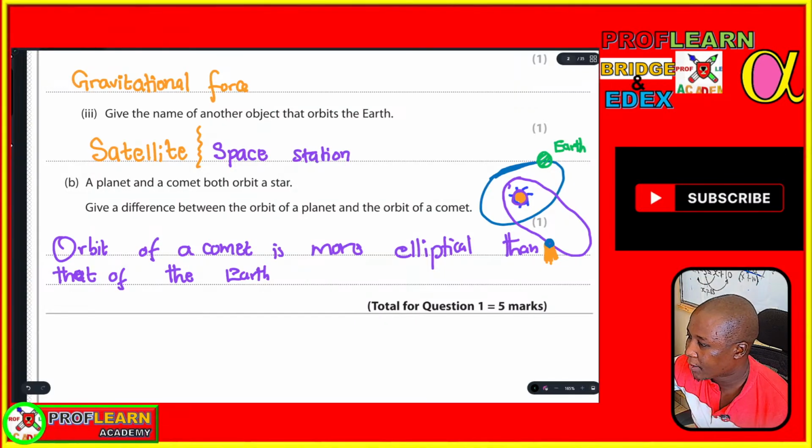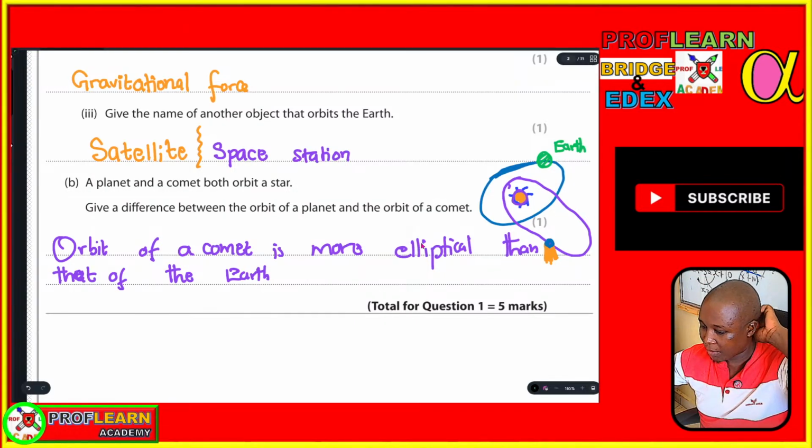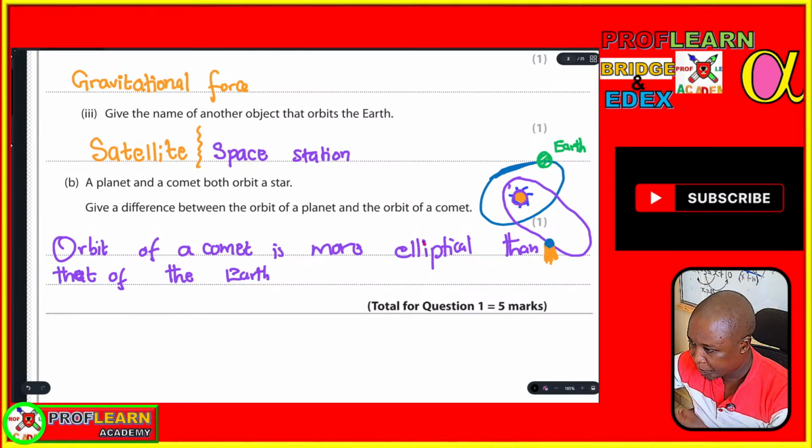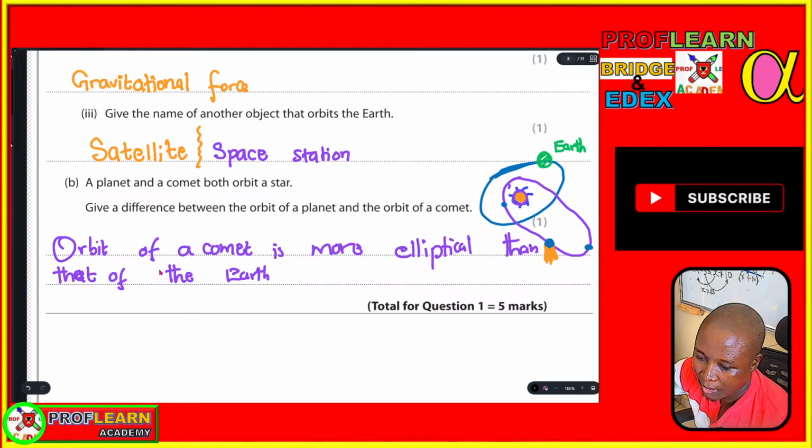Something else that you need to understand as far as the exam is concerned is that the speed of the comet varies depending on its position. When it's closest here, it will be moving at a very, very high speed. When it's somewhere here, it will be moving slowly. So the orbit of a comet is more elliptical than that of the Earth,